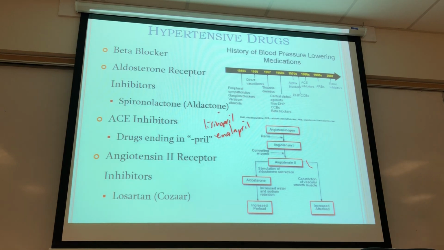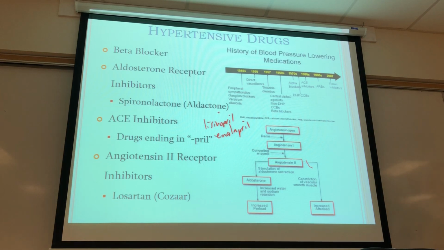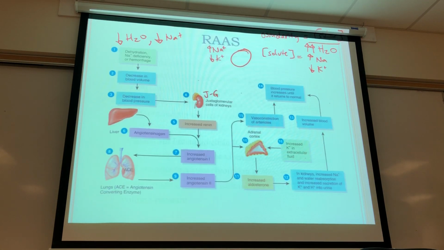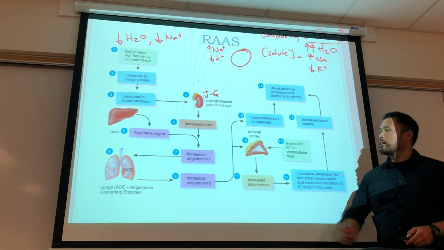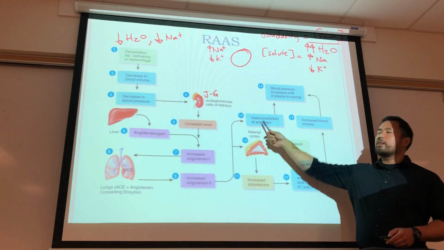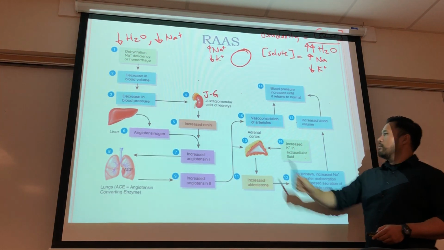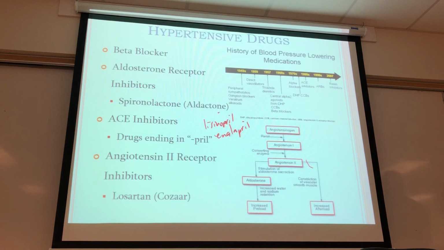The other one is angiotensin II receptor inhibitors. Cozaar is a big one. So going back to where angiotensin II receptors are, on the arterioles as well as the kidneys. Blocking angiotensin II from binding onto the adrenal cortex or the arterioles will limit the production of aldosterone. So numerous pathways have been discovered. And in that entire pathway,